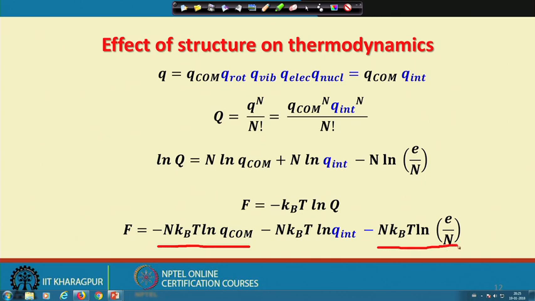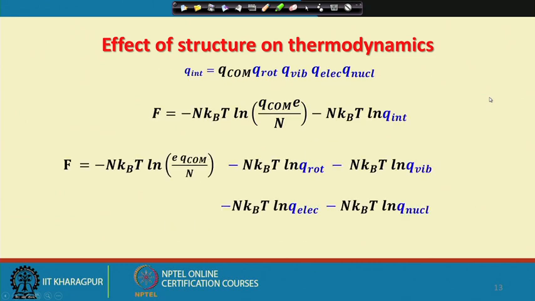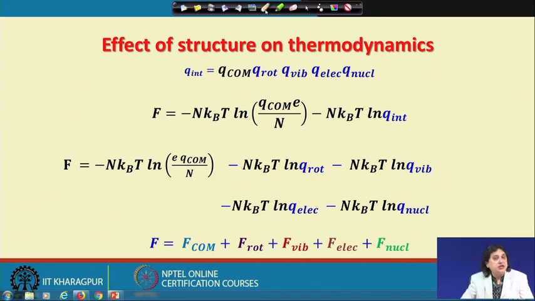This is where the dependence on N comes from, and here the effect of the internal structure is present in this term. And the consequence is that I can very easily write out the different terms possible, and so I can very easily identify that my F, the overall Helmholtz free energy of the system, has